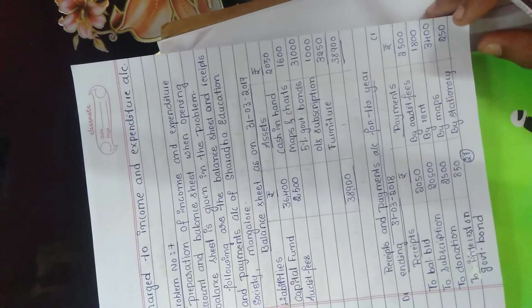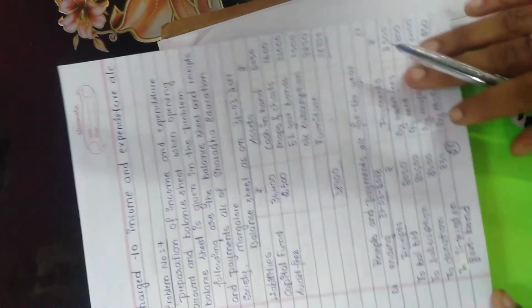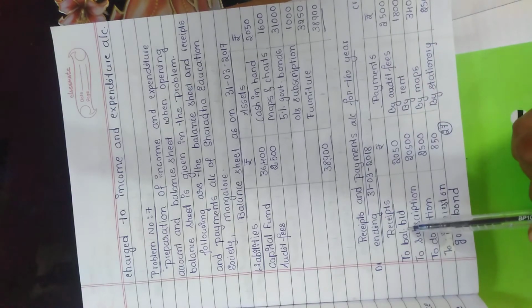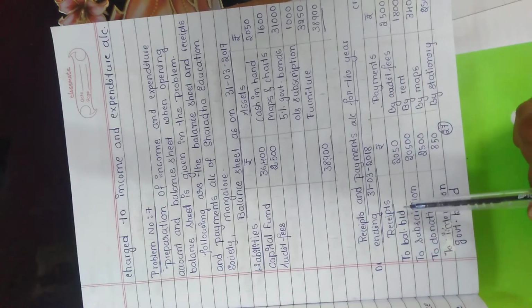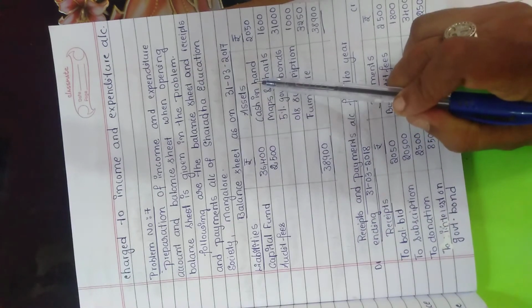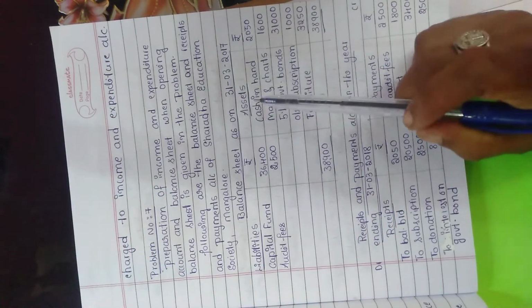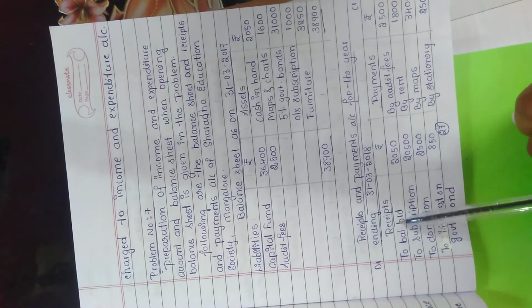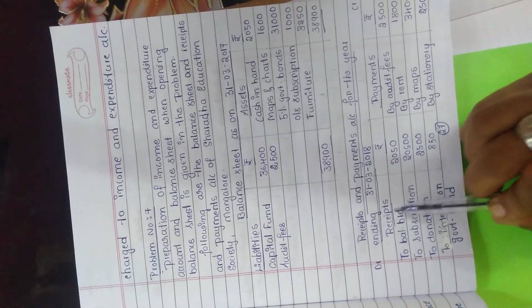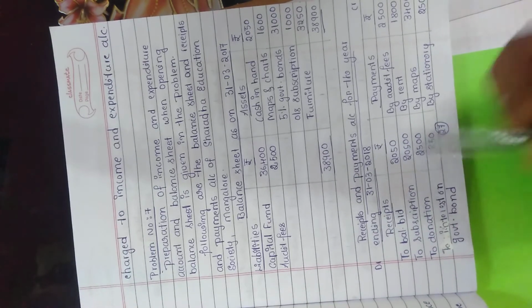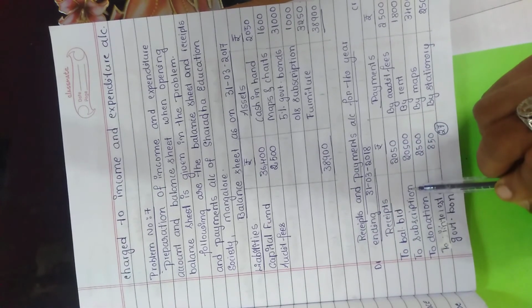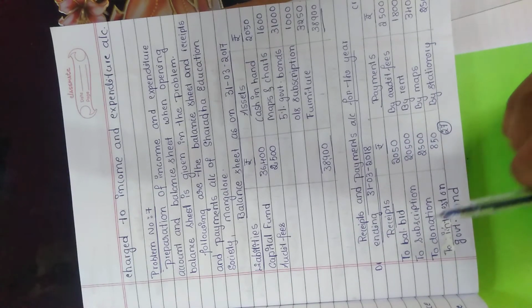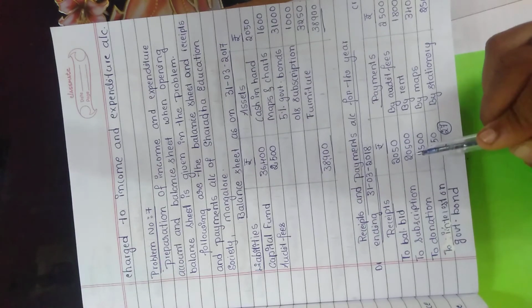Then see, they have given the receipt and payment account. First see the receipt side. In the receipt side, they have opening balance, that is to balance brought down, that is cash in hand. Whatever the opening cash which is shown in the asset side of the opening balance sheet itself will be the opening or the brought down balance of cash in hand in receipt side. Then to subscriptions. So they have given the subscription, which is a revenue item, need to be recorded under income side, that is of 20,500.